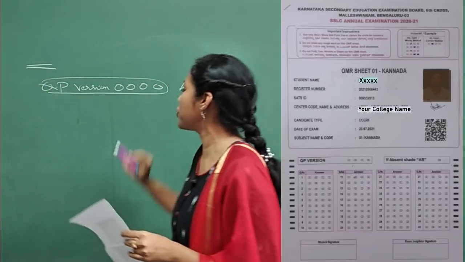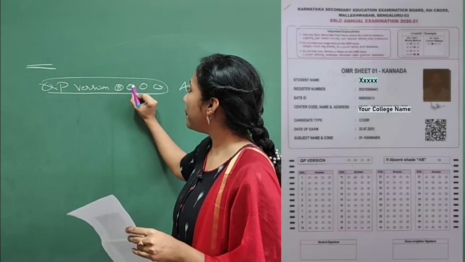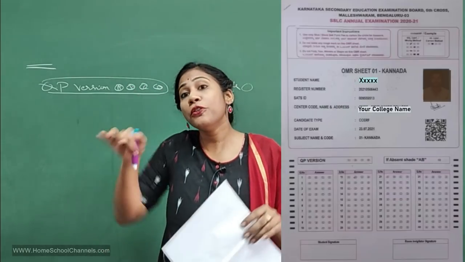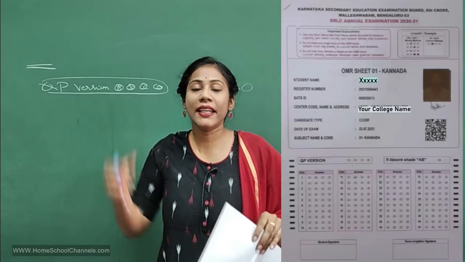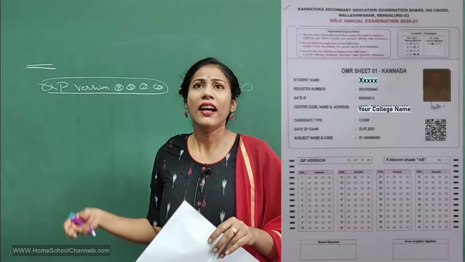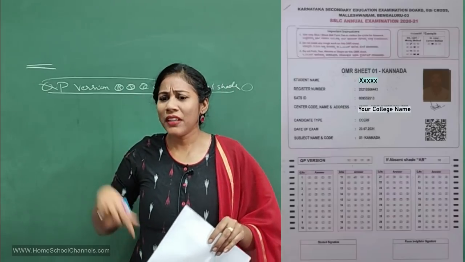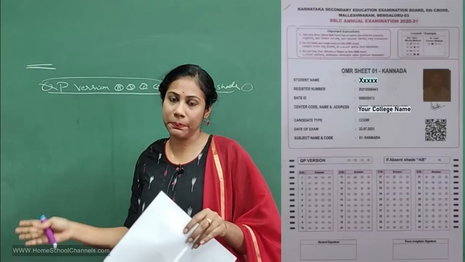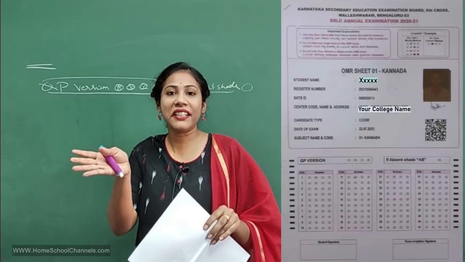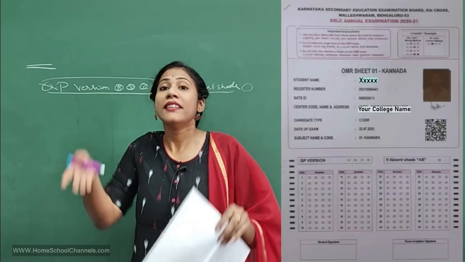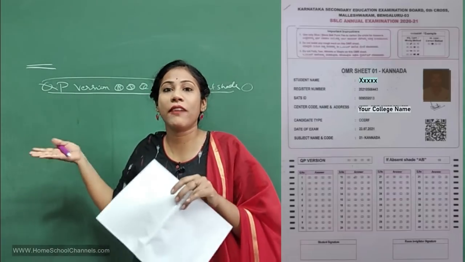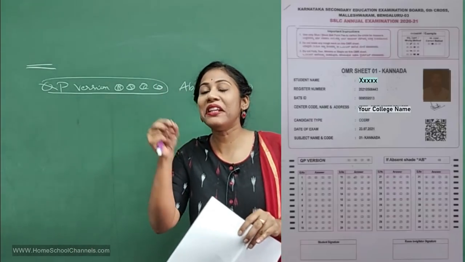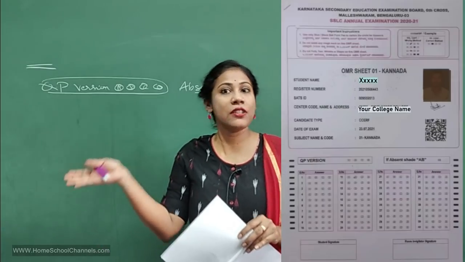See, question paper version. They have given question paper code A, B, C, D. I mean, you will be given a certain set of question paper. Usually 4 sets of question papers would be there: A set, B set, C set, and D set. And the difference between the sets is the questions will be of the same type, no doubt, but the question numbers will be jumbled up. So if you have a certain question as question number 1, the same question will be there as question number 10 for the other person.